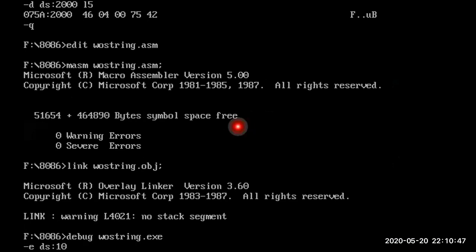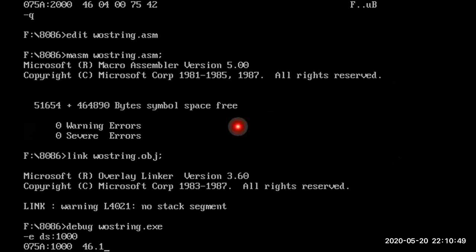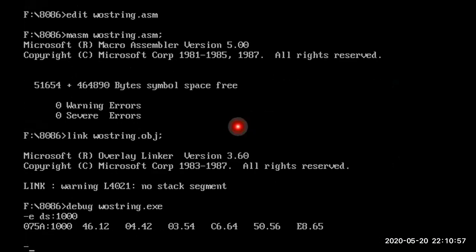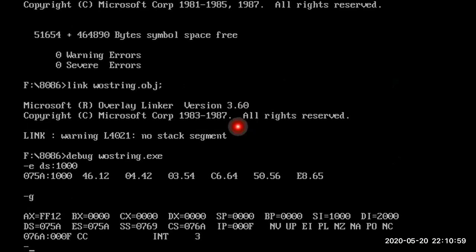E space DS colon 1000, enter. G, enter. D space DS colon 2000, L5.